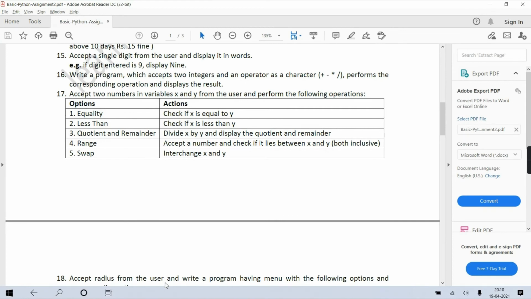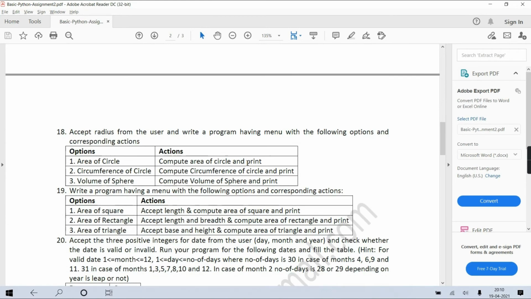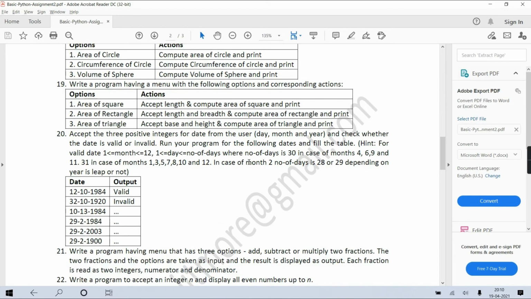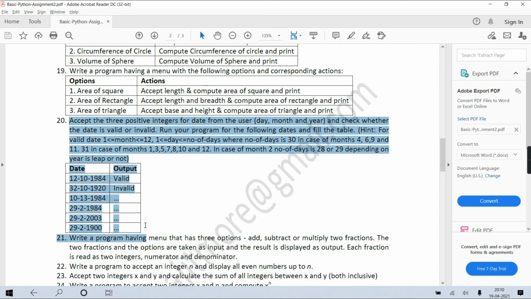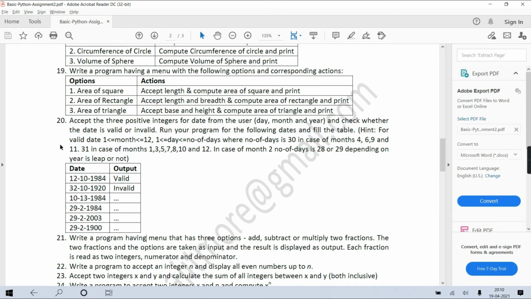Okay, so now many questions are there. You should try it. Some other question we will take. For example, try this 20th one. Let's see how you are using if and else and all those things, and how you are making use of the operators which you have studied in the previous chapter. All that you have to apply here.